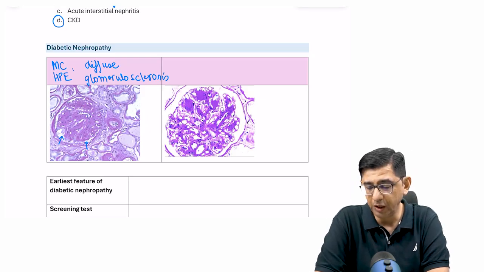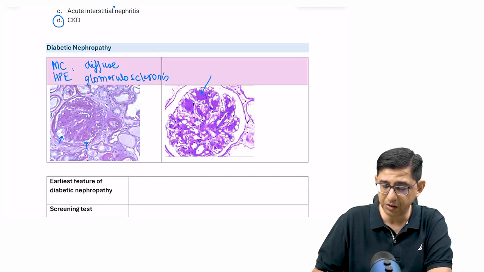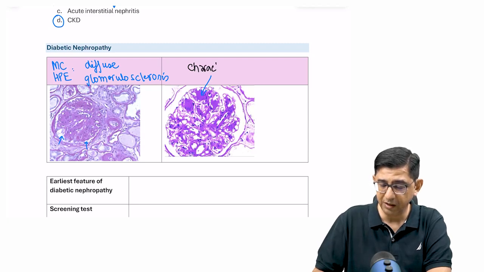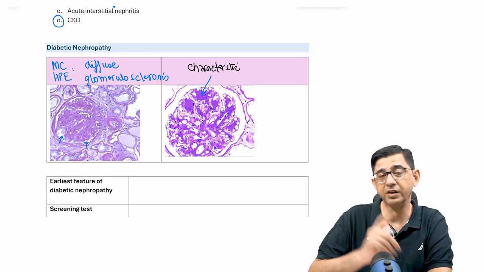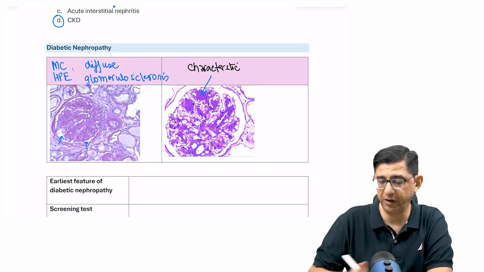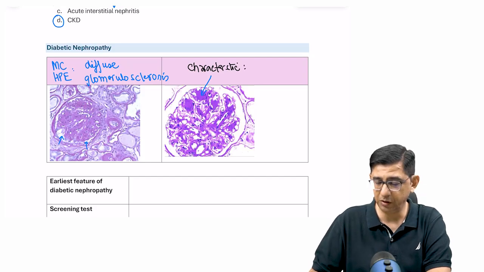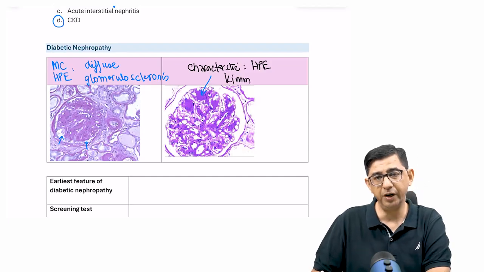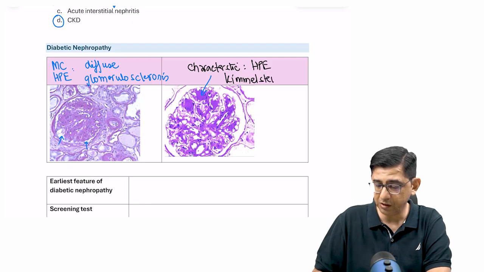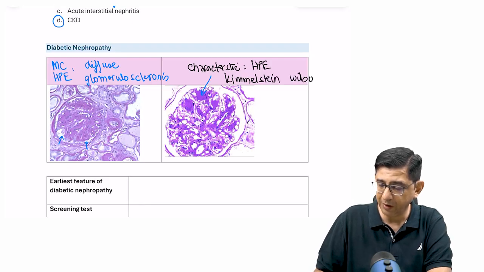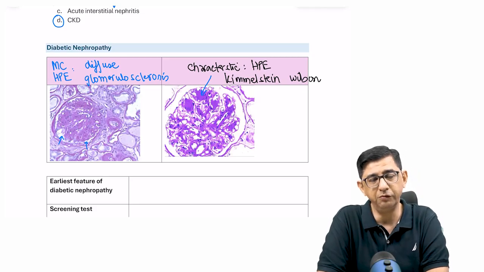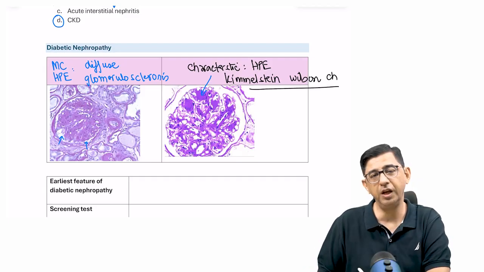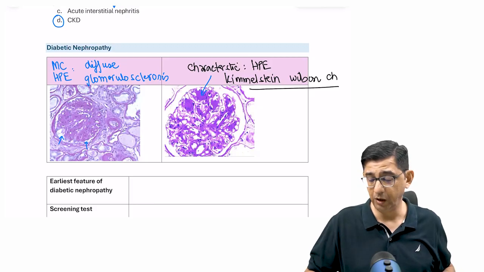Now, if I scroll to the image on the right hand side, you can notice that characteristic histopathological finding of this case that's called nodular glomerulosclerosis. This slide I've introduced even in the rheumat section in comparison with lupus nephritis. This characteristic histopathology finding is to be called Kimmelstein-Wilson change. And while I'm writing it, I want to bring to your attention that all of this is purely academic. In real clinical practice, nobody's gonna be doing a kidney biopsy for diagnosis of diabetic nephropathy. So while I write the names here like Kimmelstein-Wilson change, or nodular glomerulosclerosis, I have